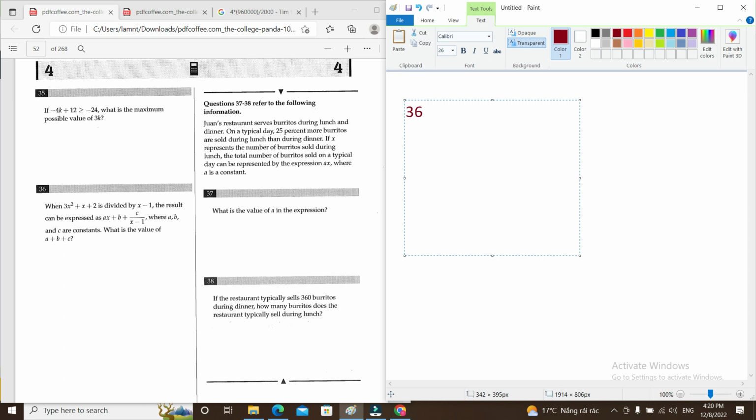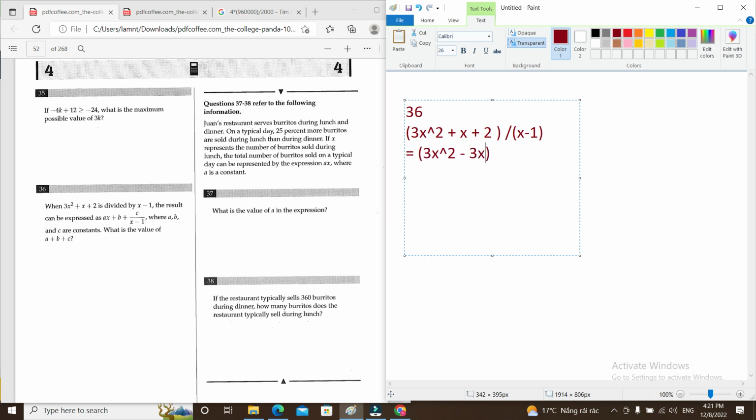Okay, number 36. They want to divide 3x squared plus x plus 2 by x minus 1. To do that we have to think a little bit. We have to try to do some transformations. So this can be equal to 3x squared